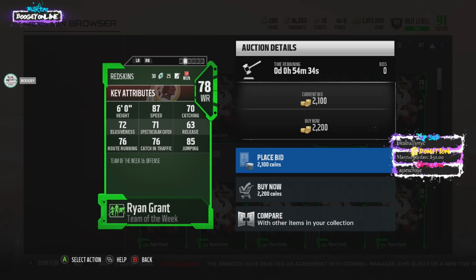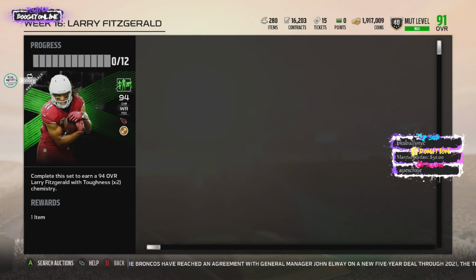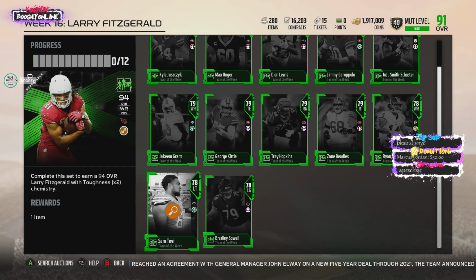He doesn't produce, but Jay Gruden saw something in him. He's made a couple of big plays this year, and I'm glad that he did stick around because he's doing work. So we got a Ryan Grant, we got a Brian Sowell, and a Sam Tevi to round out Larry